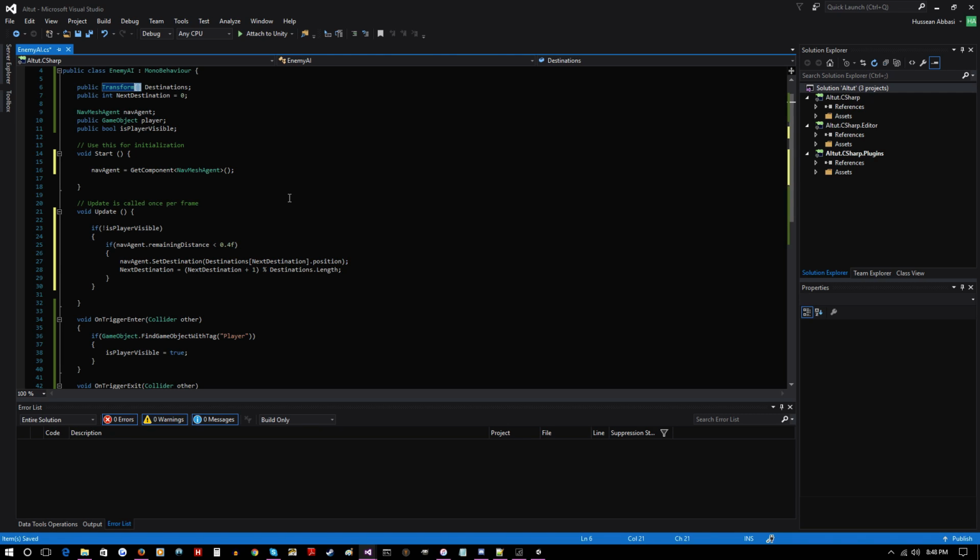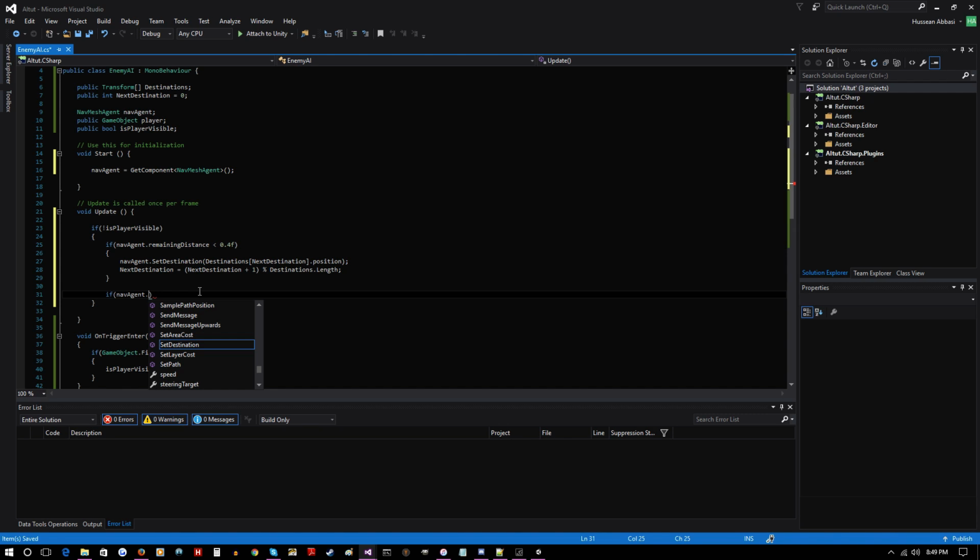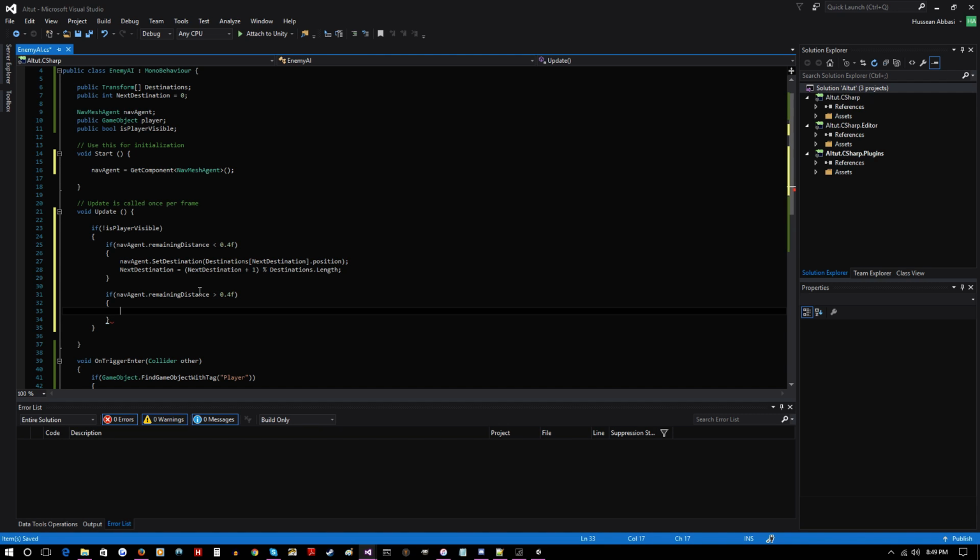So wherever we put those transforms, we can have them be empty game objects, right? And we'll set them as waypoints, so it'll go towards them. Our destination is going to be the position of the next destination, which will make sense once we do that. And the next destination is also next destination plus 1 divided by the remainder of the destinations.length, right? And we say if nav agent dot remaining distance is greater than 0.4f, then we just set the nav agent